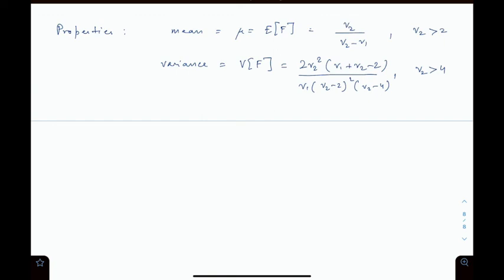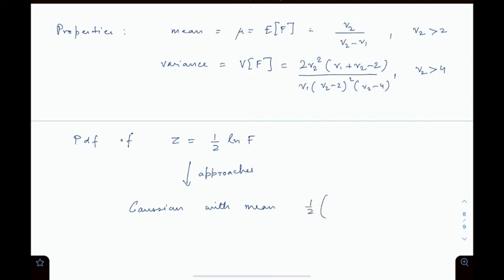Instead, if you look at the PDF for a logarithmic form, so it's a PDF of z, if you define z as half log of f, this approaches a Gaussian with mean of and variance